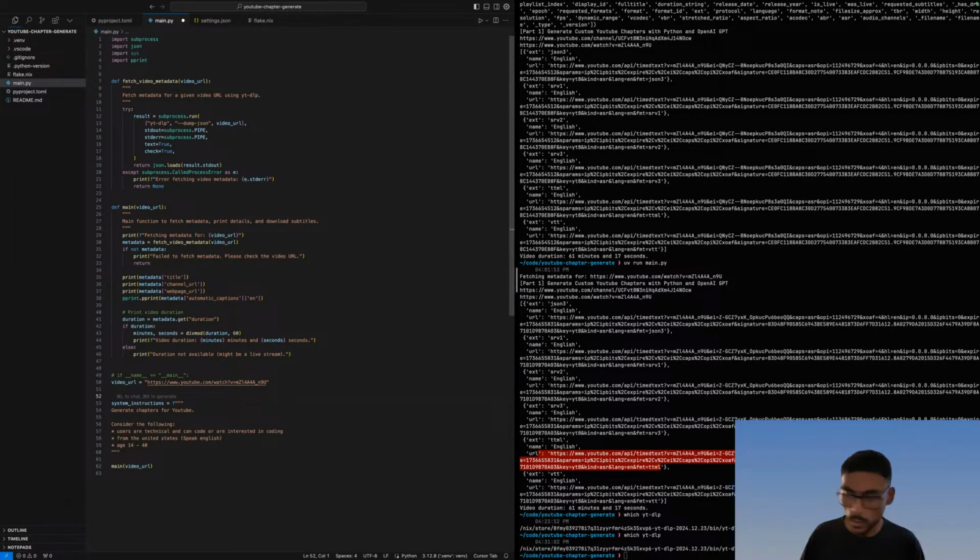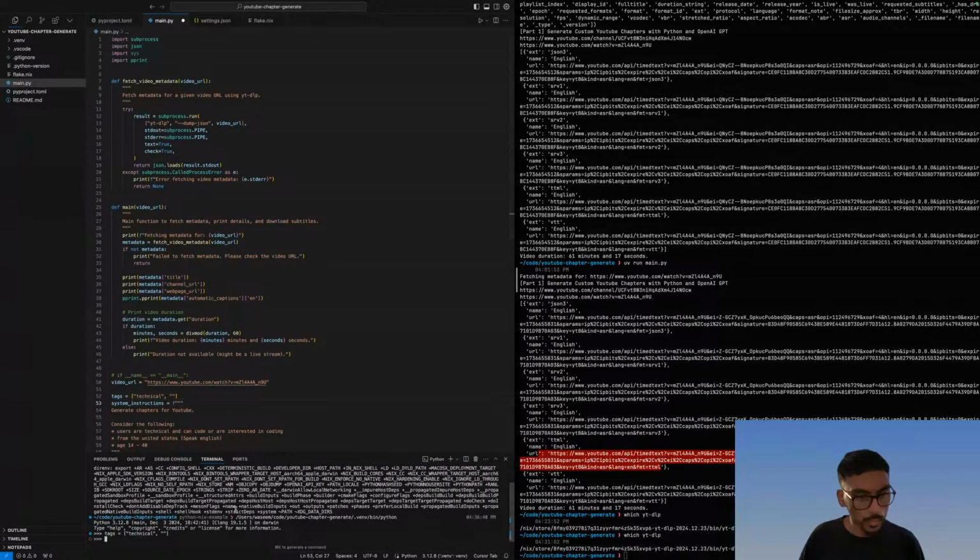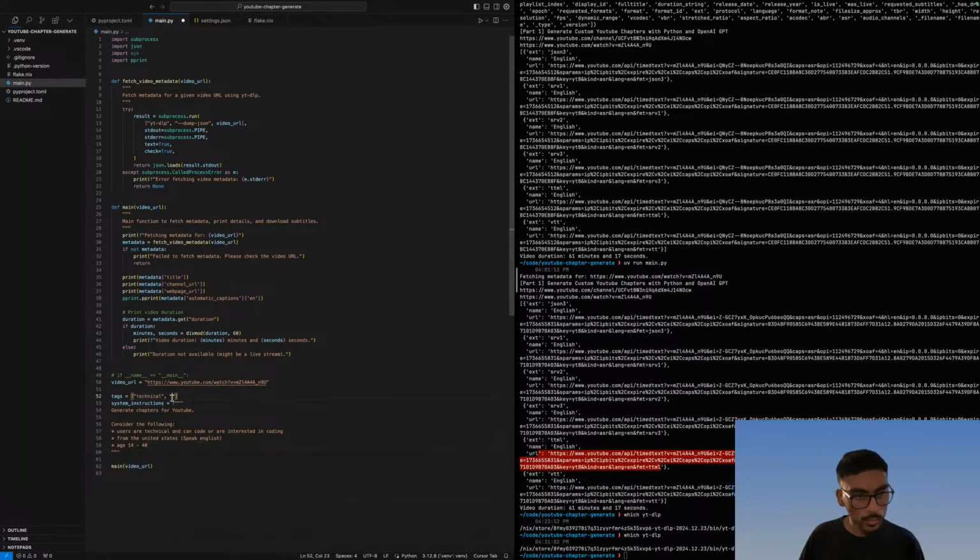We could put tags. We can say tags are technical. What else about them? They're technical. They are interested in education. And then we can reference the tag in the f-string, so we can make it a little bit more dynamic.